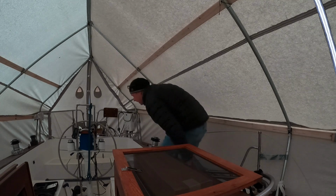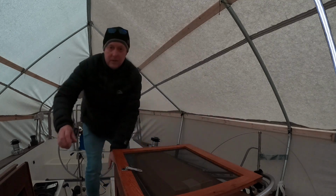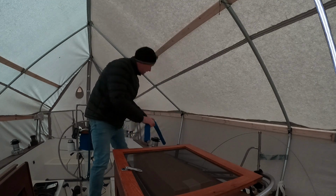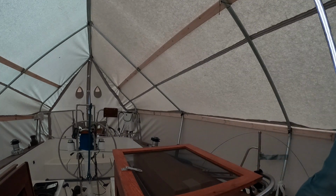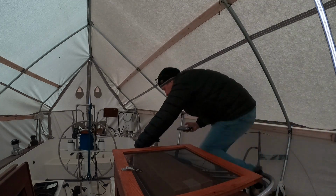Hopefully, it'll be like the Transcontinental Railroad. Oh, almost forgot to do this one thing. Feed it through this. I don't know how easy that's going to be, but we'll give it a go, because that's an important part of the whole process. Got to have your backrest. All right, so I'll get that on, and then we'll